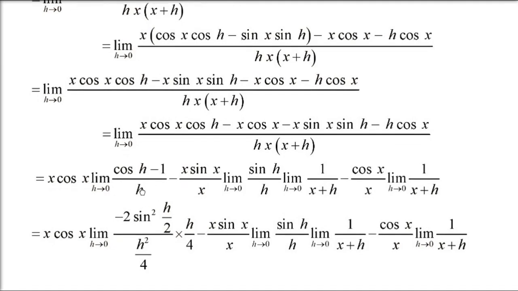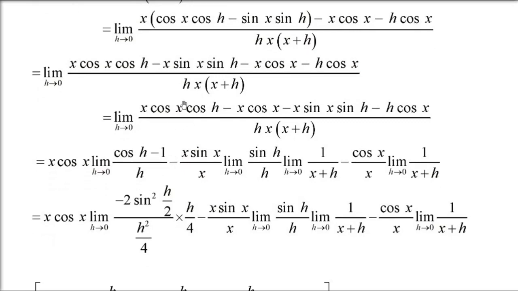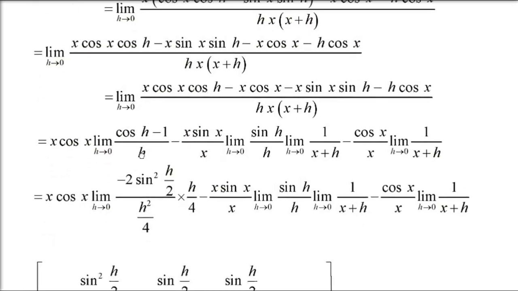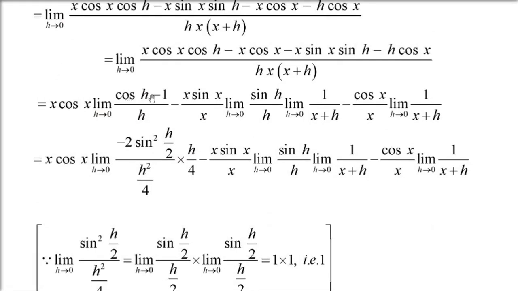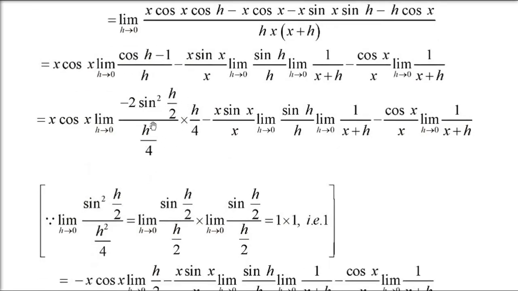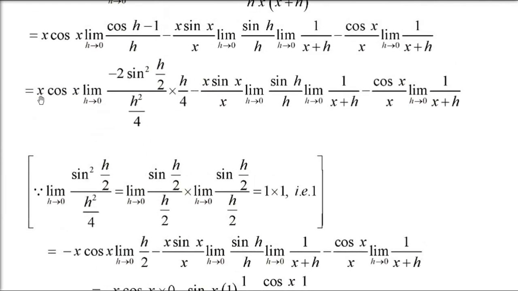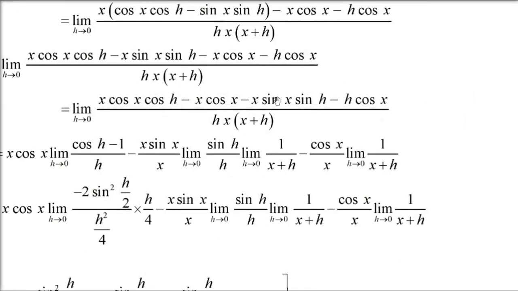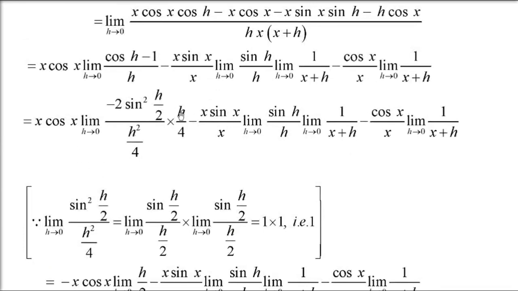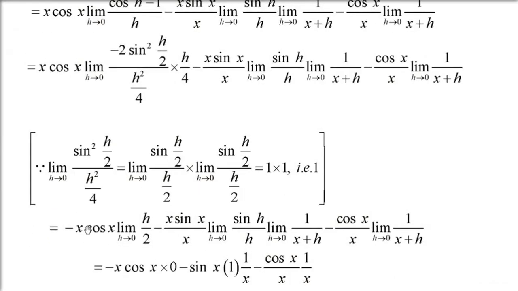Because eventually this x plus h is going to be eliminated for the first term. So for this first term, I'm taking cos h minus 1 by h. This is minus 2 sin square h by 2. H is already there. We need h square by 4. So h by 4 we have to multiply and divide. So this whole term will be sin h by 2 over h by 2, whole square. This is going to be 1. And h is already there. So this h is going to make it 0 when we apply the limit. So x cos x by x square was already there. X and x plus h, you can always write it as x square. So this h is already there, so it will take this as 0.